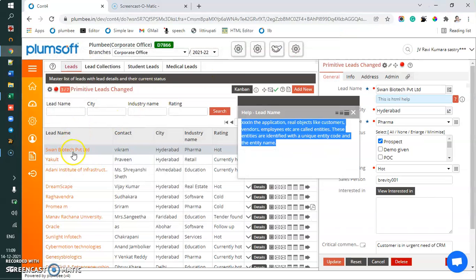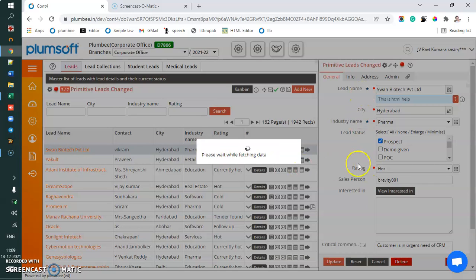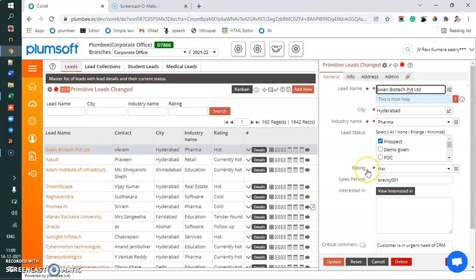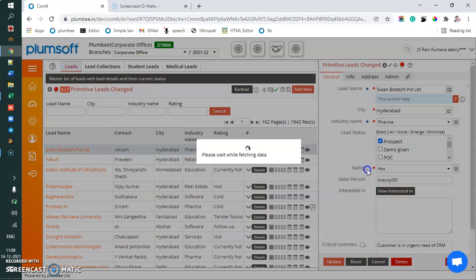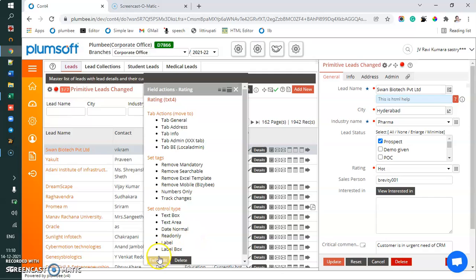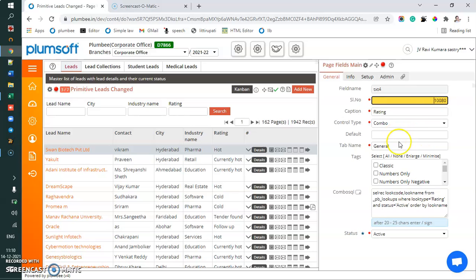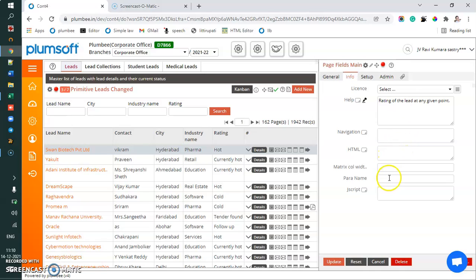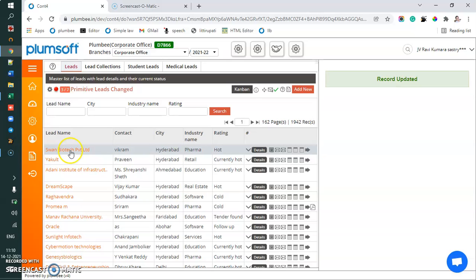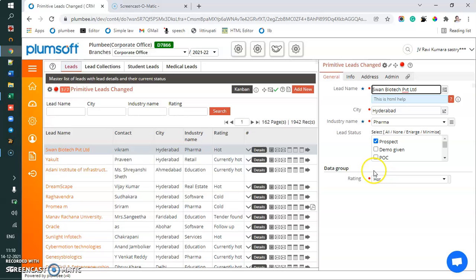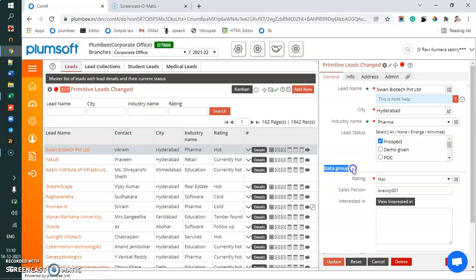So now you will see there are some data which is on the edit side. Maybe I wanted to group the data here at rating level. So I'm just creating what is called a para name. So here in the info tab, there is a para name. Okay. Data group. So I just inserted that. So by that, what happens is the data below that, it appears as a separate group. This is more a GUI friendly application where you can make some changes in that.